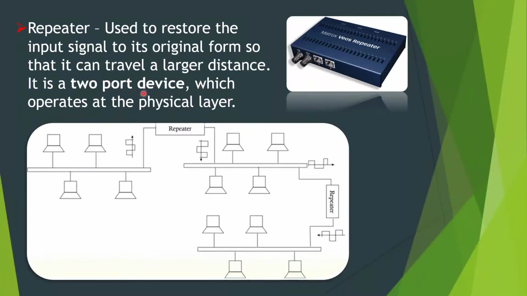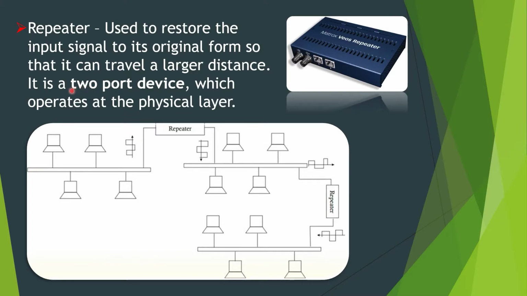Now let us understand how a repeater works through an example. Here, the first network is connected to the second network and the second network is connected to the third network. When a signal is transmitted from the first point of the first network to the last point, the signal becomes too weak to be transmitted to the first point of the second network. So, we use a repeater between the first network and the second network. By doing so, the signal is regenerated at its original strength and it can travel a larger distance.